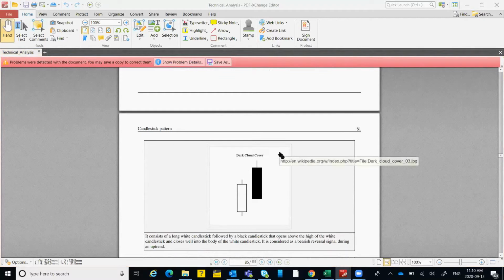So the next one is the dark cloud candle. The dark cloud candle is very important, and this is a bearish signal in an uptrend. So let's consider there is an uptrend, all green candles are being formed, and one candle is formed in a way that it opened with a gap. Like this is the opening price $10, closing price $14, and the next session it opened at a price of $15. Everyone was happy, okay, it was going up. In the pre-market also it gained $1. So from its opening price it went a little bit higher,